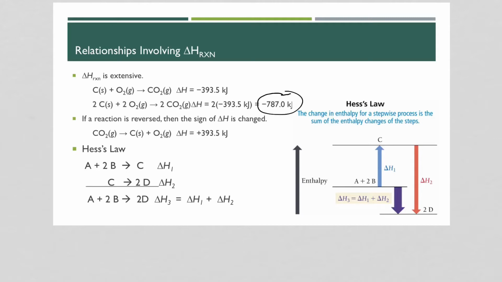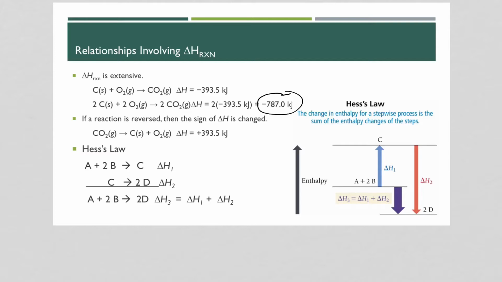Because if I do a condensation reaction, so I condense some water, so I go from steam to liquid water, that's an exothermic reaction. The reverse reaction of that would be going from liquid to gas, or evaporation, which is